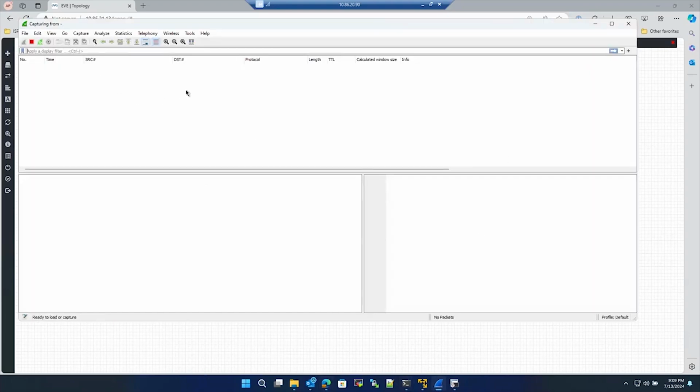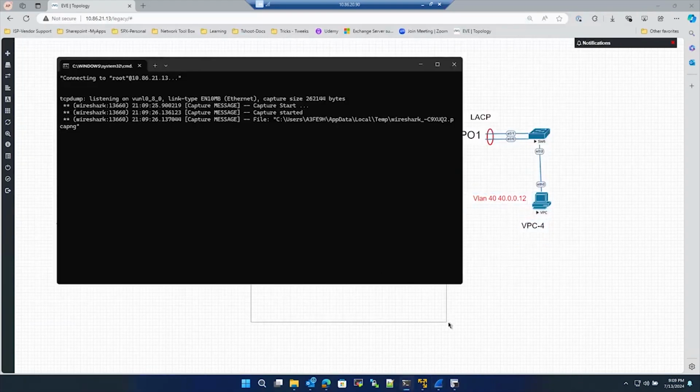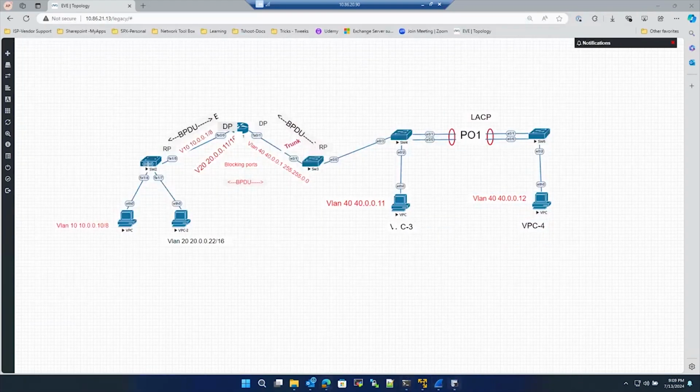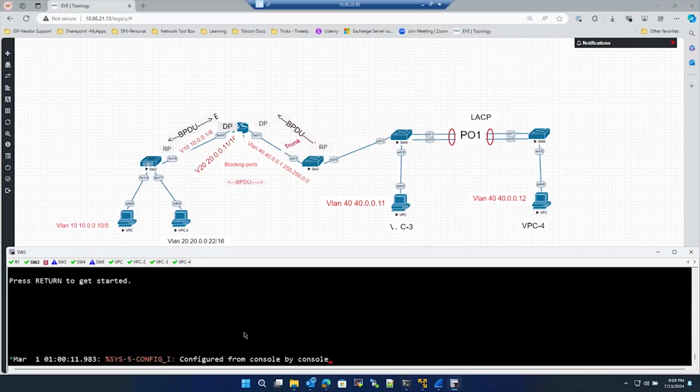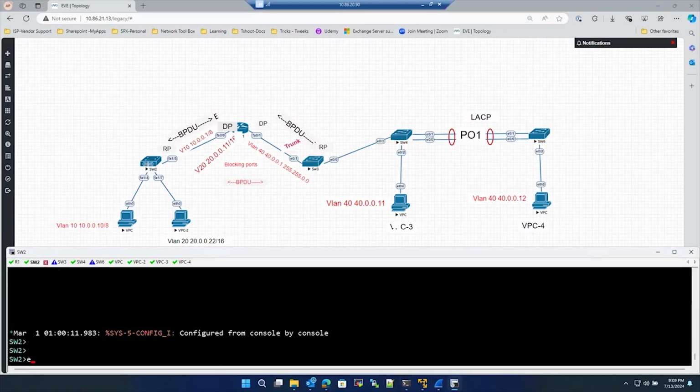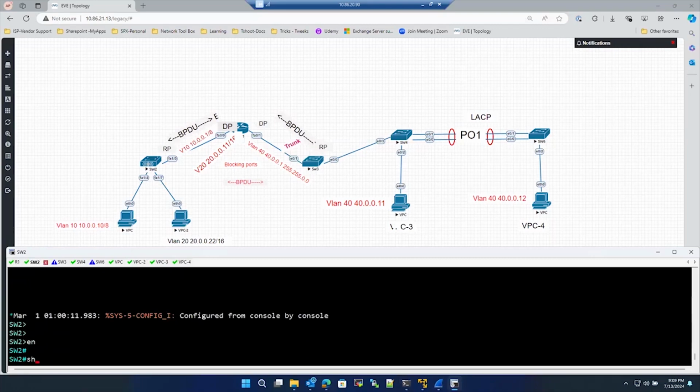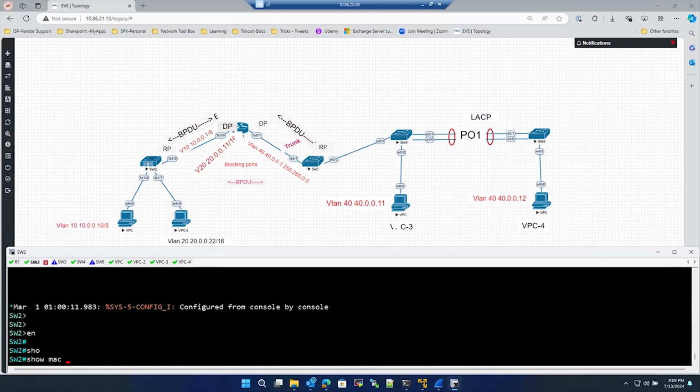I don't see any traffic. So the basic checks, let me go to the switch. The very first thing, whenever you're troubleshooting with your switch, you have to first check: do I see the MAC address? Because